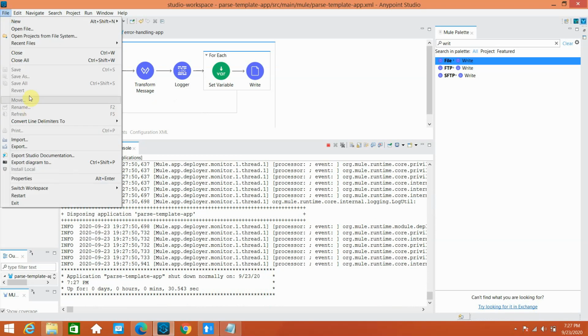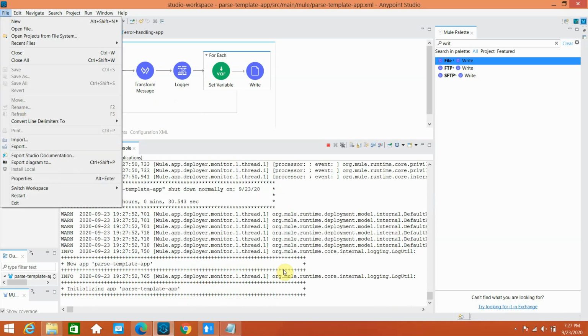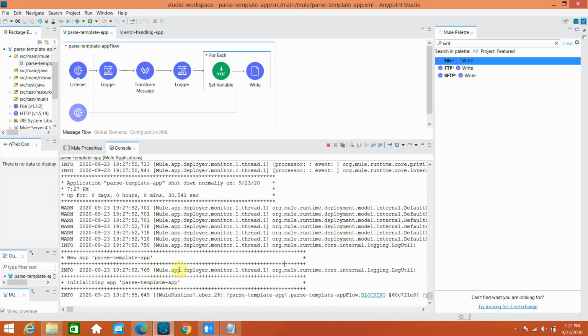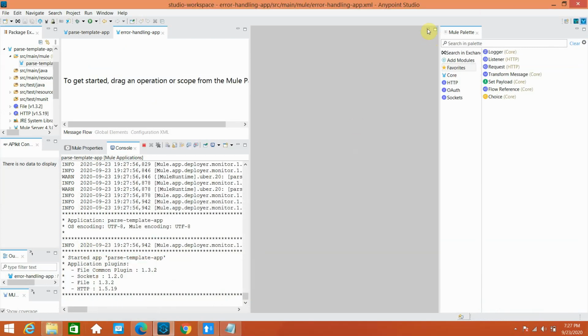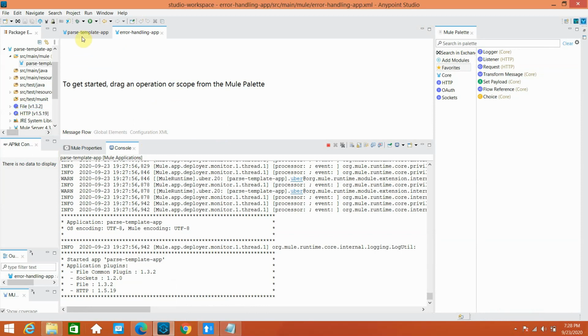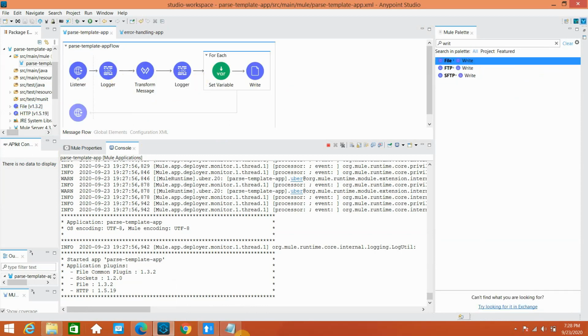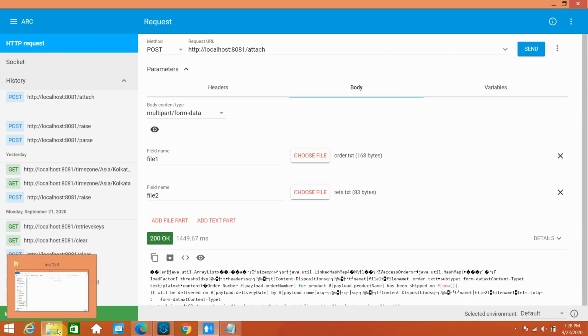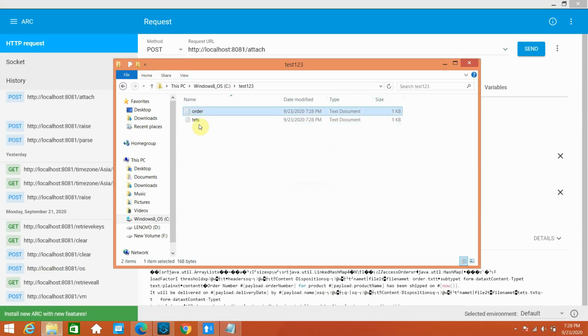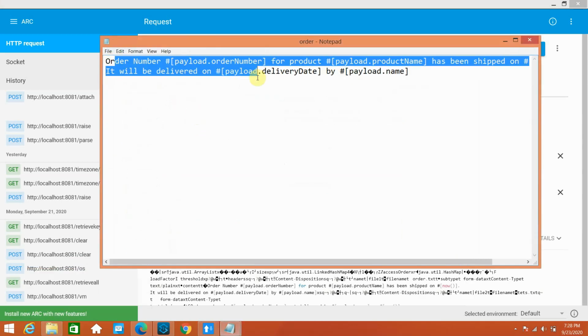I am saving it. Okay, so I saved my application. Once I save, it should work, so let me check this. There is no file here. Let me test it now. You can remove the logger if you want, you can keep it, but that's fine. Let me send the request. It was successful, and you can see both files have been written. Open the file, the content is also proper,